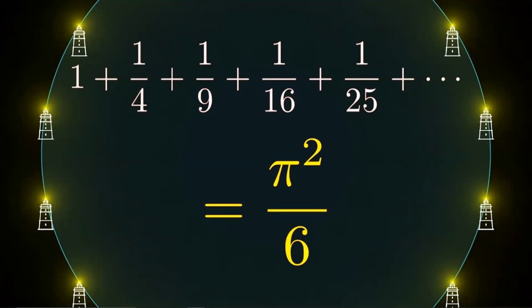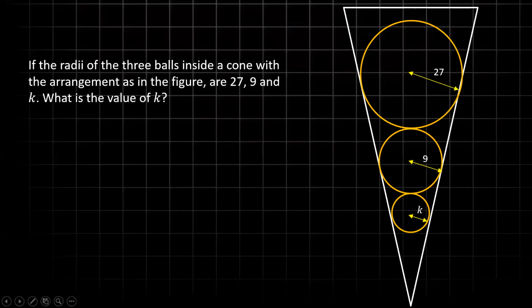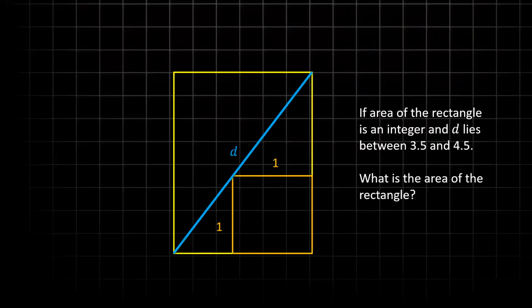Okay, this problem you guys know. Next problem is this. I kind of regret giving this problem in this manner, but I'll give it to you. The idea is there's a rectangle, but the area of this rectangle is an integer value. It can't be any fractional or anything. The area is an integer. We know that the diagonal lies between 3.5 and 4.5, and we know there's a square embedded which touches the diagonal at the tip here, which is exactly 1 by 1. The question is, what is the area of the rectangle?